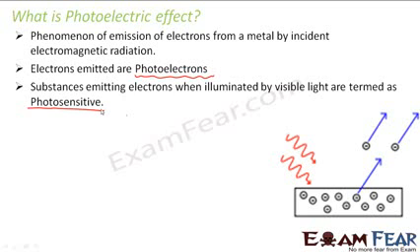So that is how all metals can show photoelectric effect, but what kind of frequency range they will react to depends upon the electronic configuration of the metal, because the electronic configuration of the metal tells us about the work function of the metal, and that decides the threshold frequency at which the photoelectric effect will start taking place.